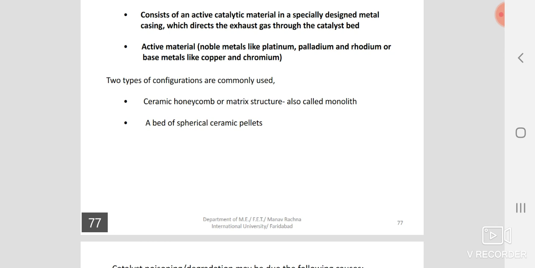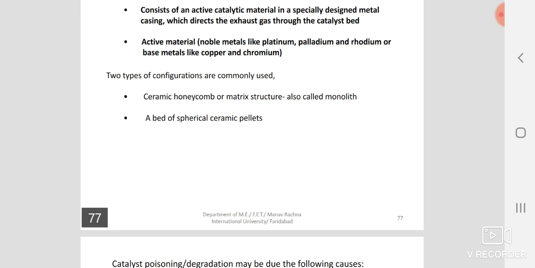I said, in a honeycomb structure, you see in a honeycomb, what happens? Bees make the honeycombs in such a way that more and more surface area remains oxygenated. It makes the honey more healthy. I was just explaining that to you. In the same way, the same thing here. It works in a monolith and it produces a very good honeycomb structure, producing more and more reaction. That means we are using the maximum of the metal surface to react with the exhaust gases to make a proper honeycomb structure.